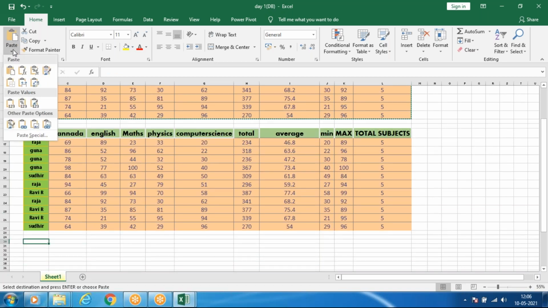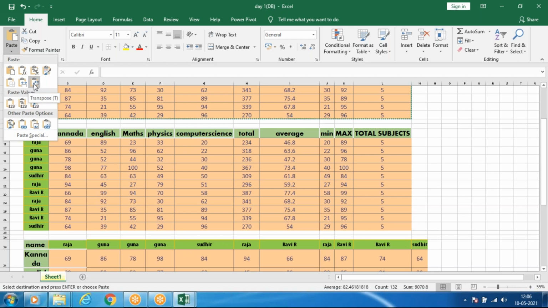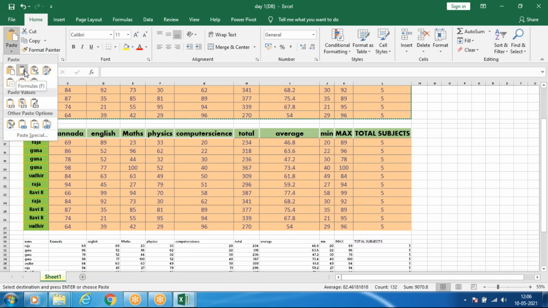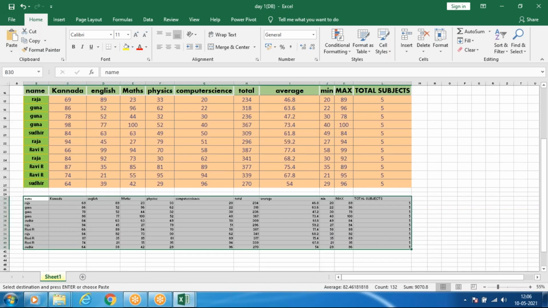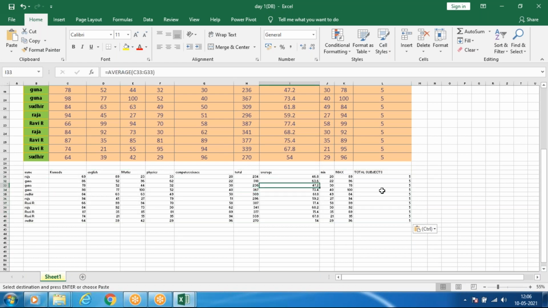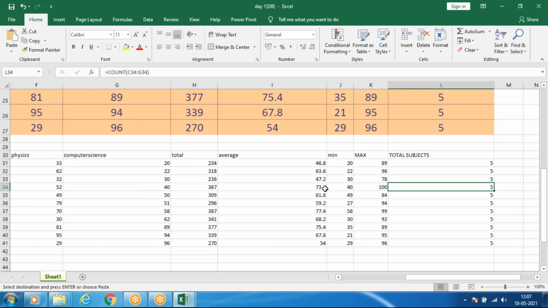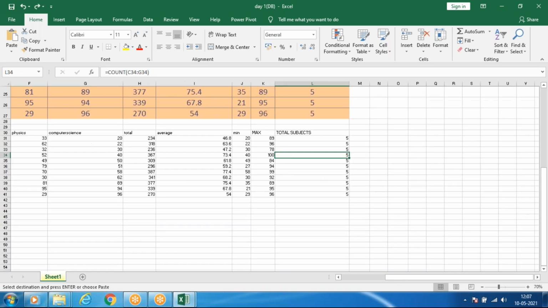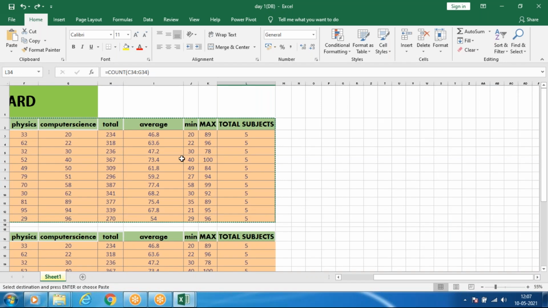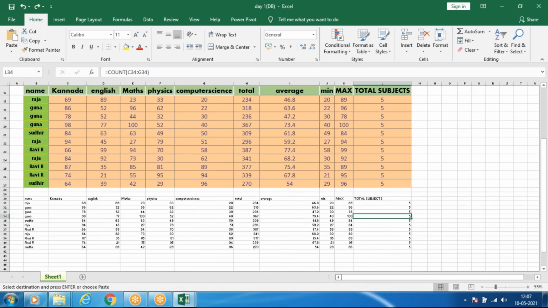If you click on the paste drop down menu, you'll get lots of things, like paste by values and other paste options. For example, only formulas: that means only values and formulas. It won't take other formats like color and number formats.